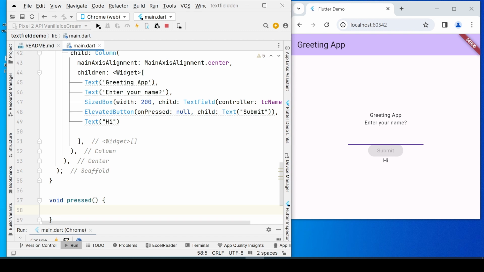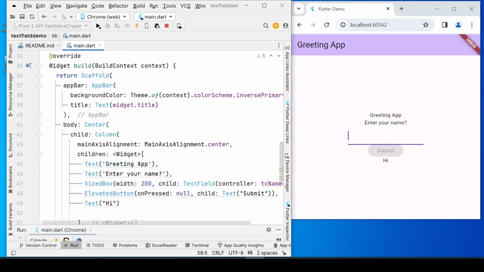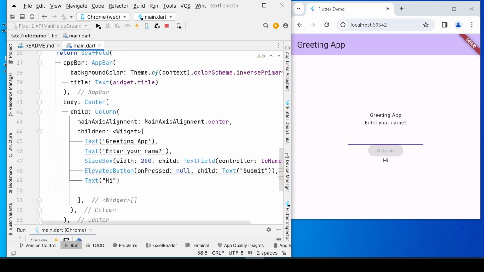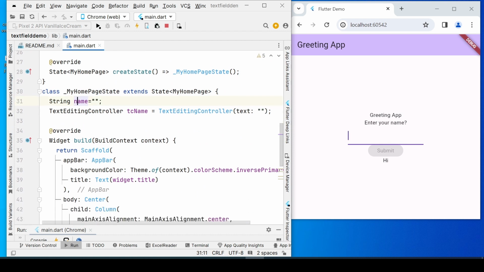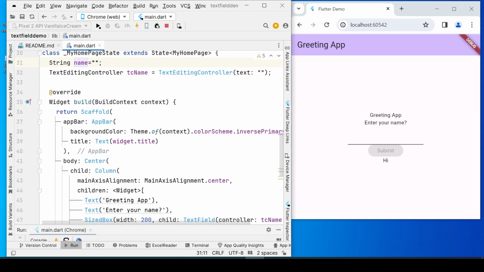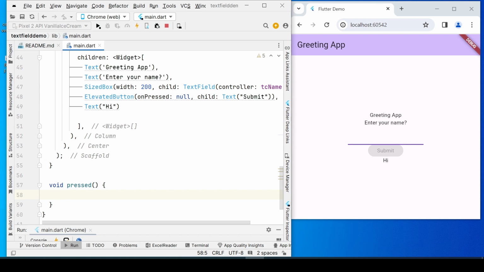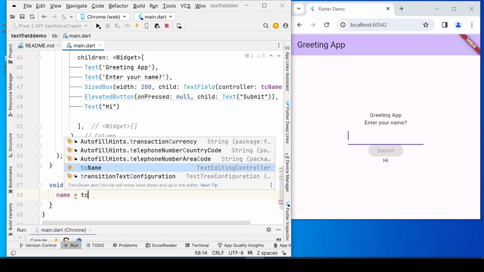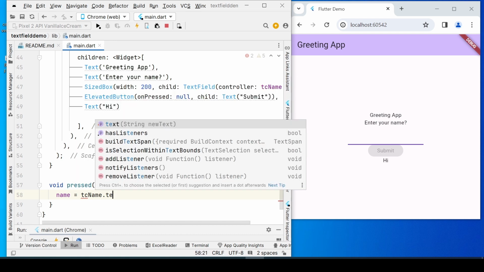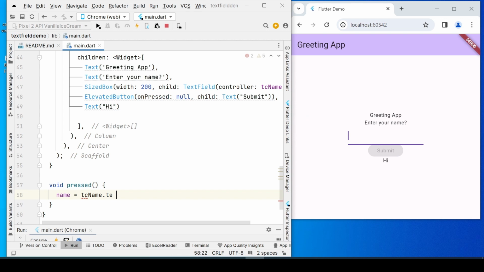I just want to put whatever is typed in the text field in the name. So whatever is typed in over here, when I click on the submit button, this value from the text editing controller tc name should come in this variable name. So for this I will say name is equal to text controller name dot text. So it will take the text value and put it in the